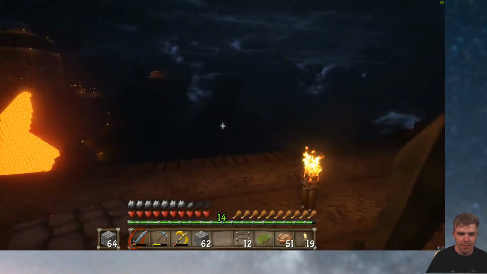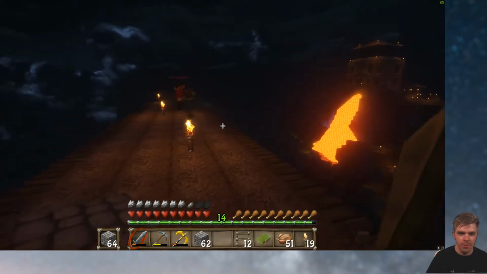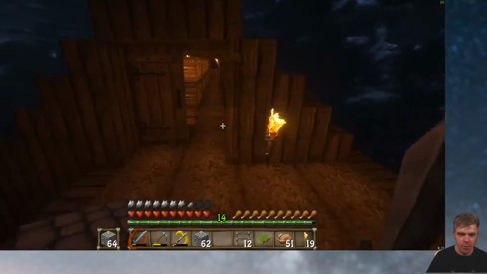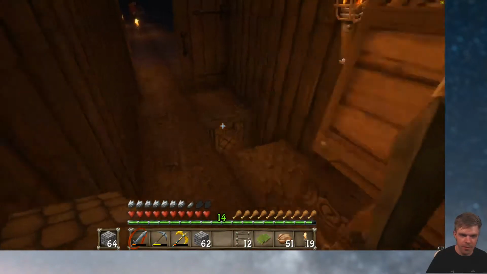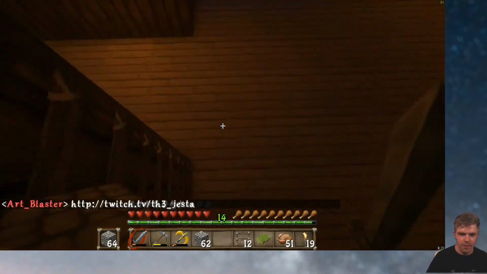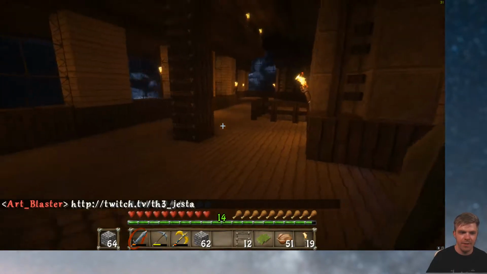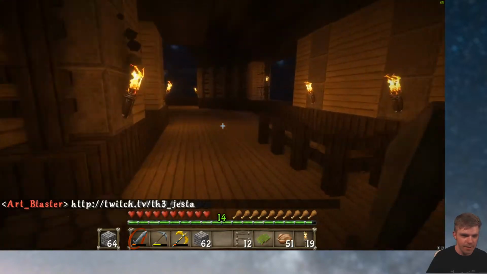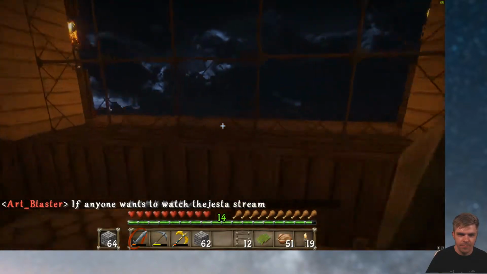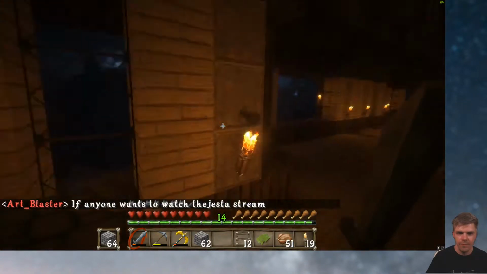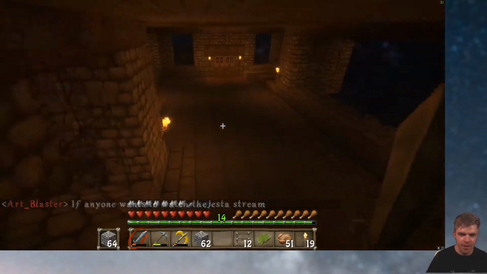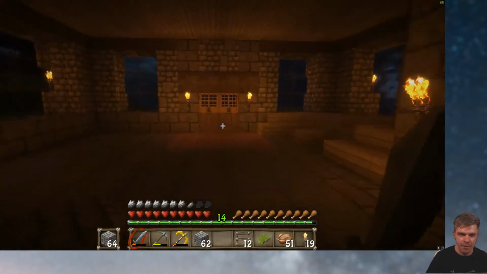When it's daylight, I'll take you on a tour of the server. You can see some of the cool machines that people have made and some of the other cool buildings. They're much cooler buildings than what I've made here, although I do like my house. Hey, thanks, Brian. Brian is our blaster. Thanks for the plug. I'm a pansy, and this server is on hard mode, so I'm afraid to go out at night. I have lit up my area pretty well, but